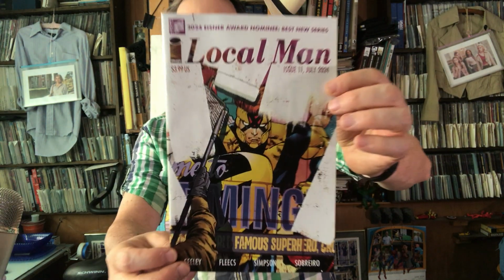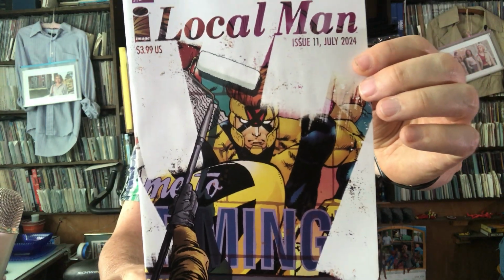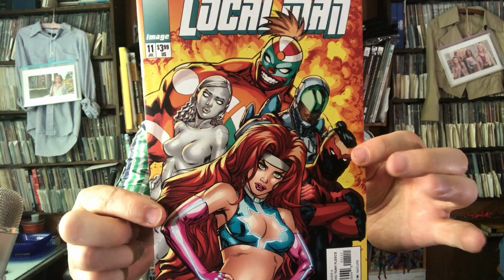But on to this week's stuff. We've got Local Man, issue number 11. Looks like he's whiting out this Local Man picture. There's the flip cover that's supposed to look like it's from the 90s. Local Man is the disgraced superhero who had to move back to his own hometown. Co-creators, writers, Tony Fleece and Tim Seeley. Farmington art by Tony Fleece and a backside art by...